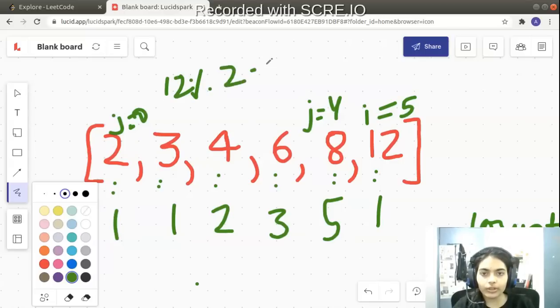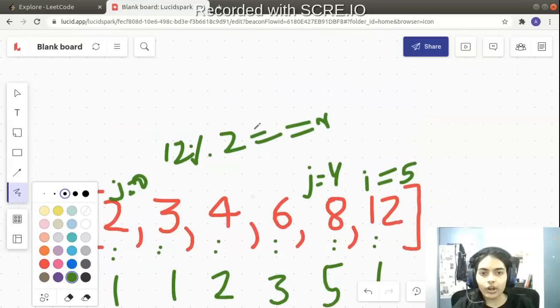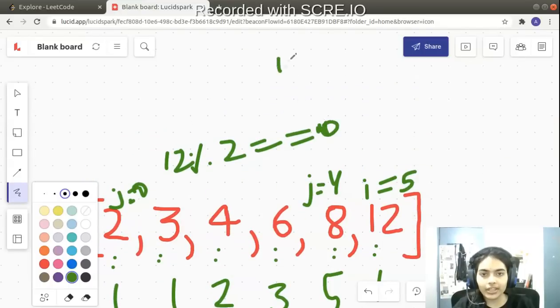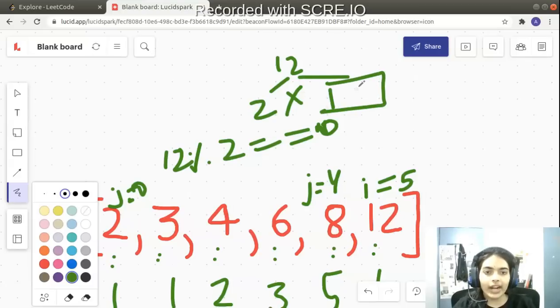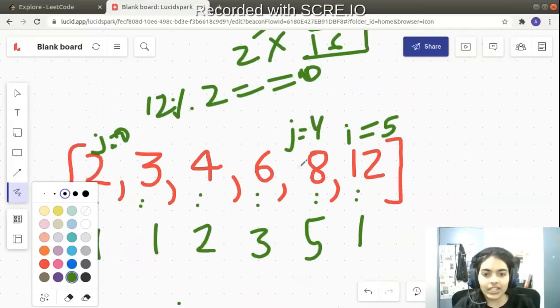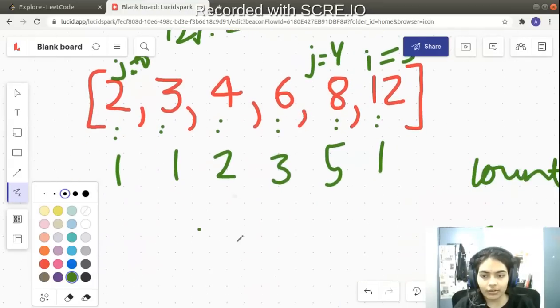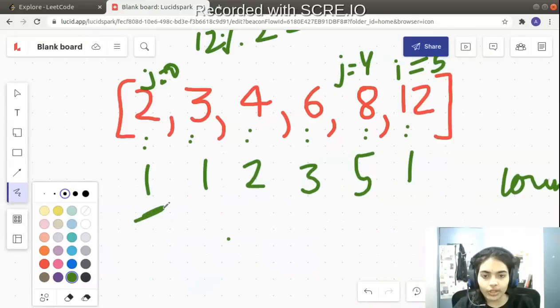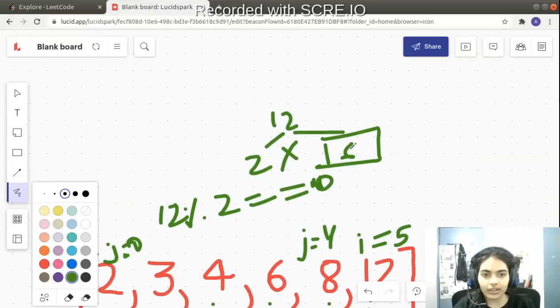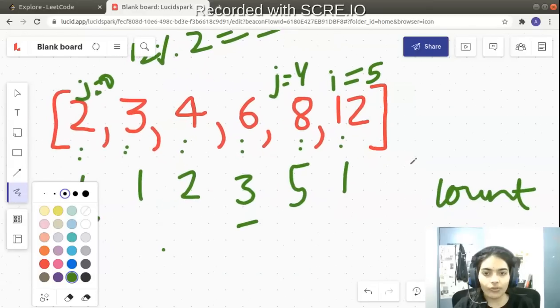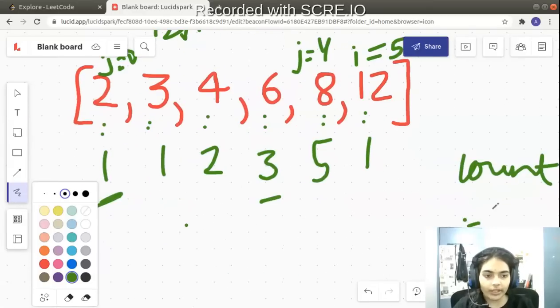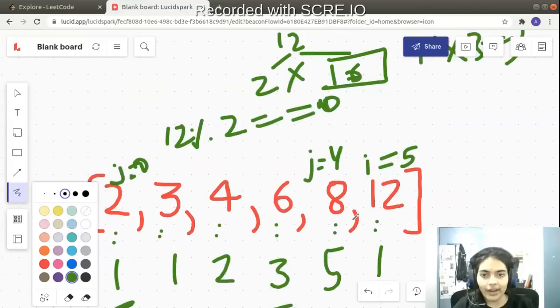So 12 mod 2 is equal to 0 in the first case. That means there can be a number which will multiply with 2 and give 12. So that number is 6. Now let's check if 6 is present in the map. So 6 is present. Okay, so now you can form 2 using one way and you can form 6 using three ways. So you multiply 1 into 3. So 1 into 3 is 3, right? So there are three ways of forming this particular value. So we will make count equal to 3. Okay, and we will move forward.